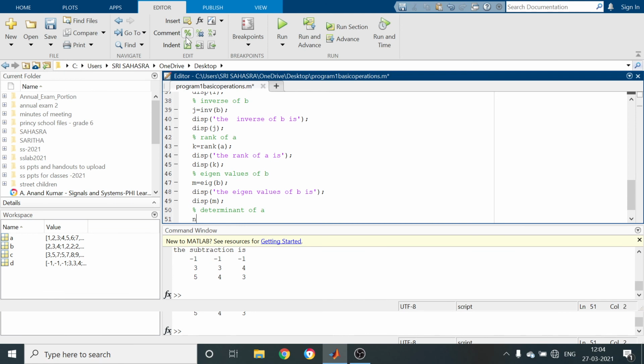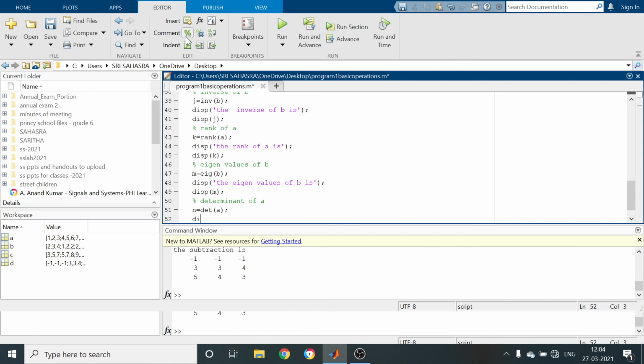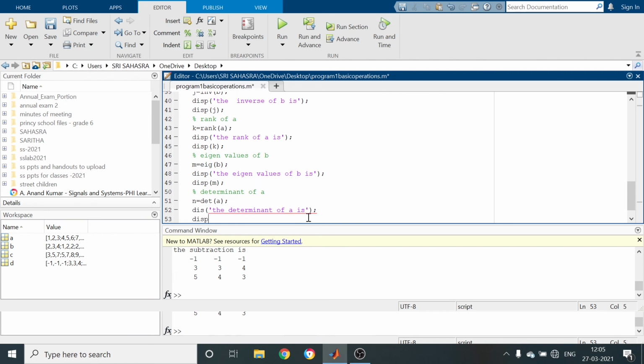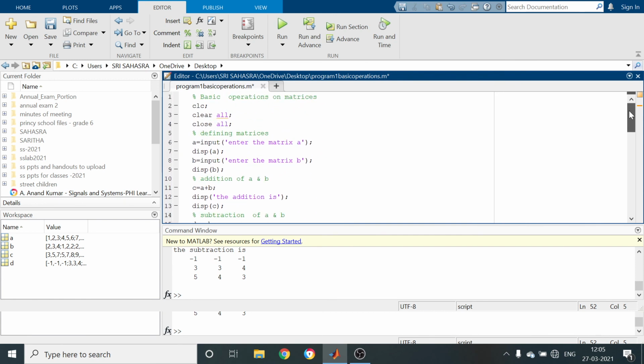For that, n equal to det of A. Next is disp, the determinant of A is, and disp of the variable we stored in n. So you have to get it like this: determinant of A is here, B is there. In this way you have to enter the instructions one by one.